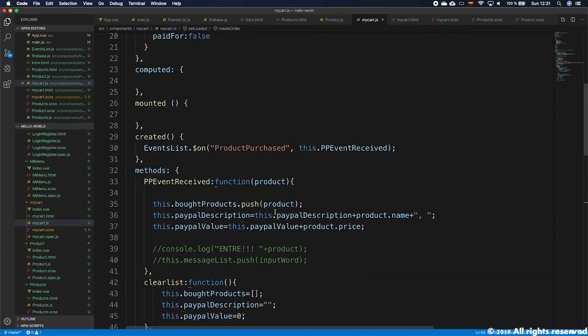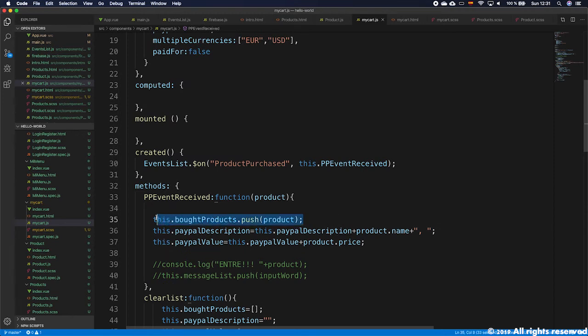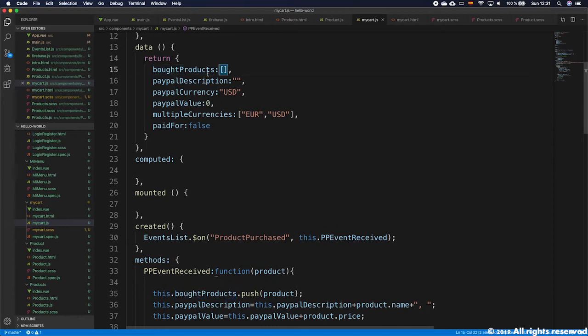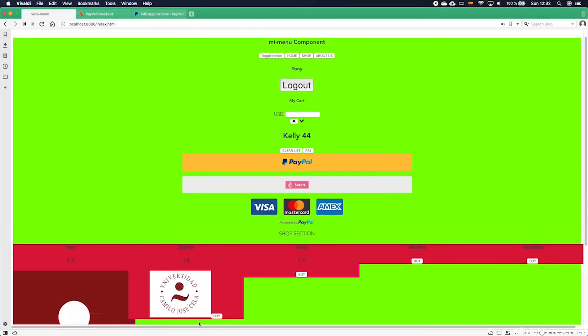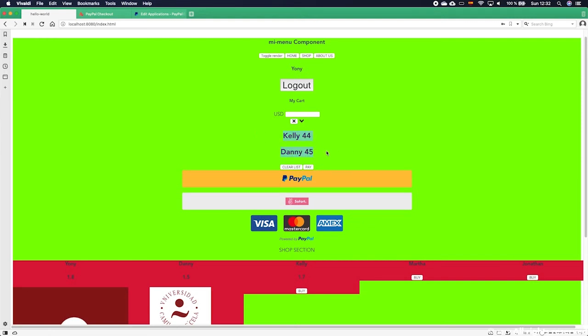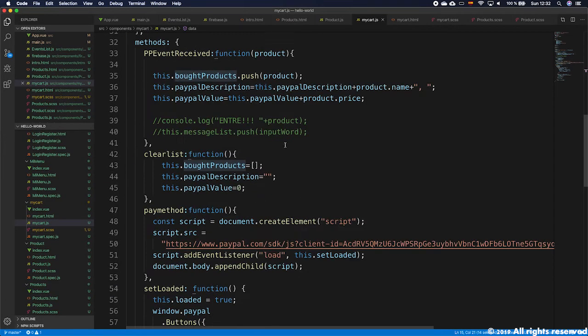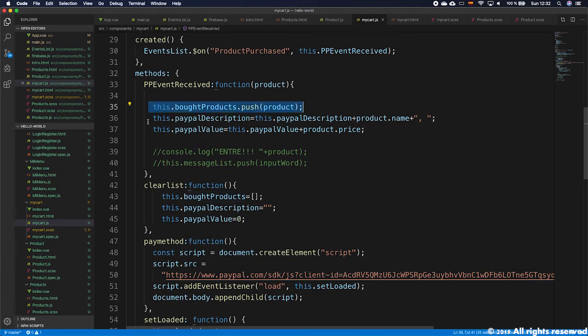which is related to the previous tutorial in which we had the array of products. If you remember from the previous tutorial, we received the list of products and pushed them to this array, which is initially empty. Now, these products are shown here. As you remember, if I press buy, this is the array of products shown as part of the cart. So what we added to the code is, besides receiving an array of products,